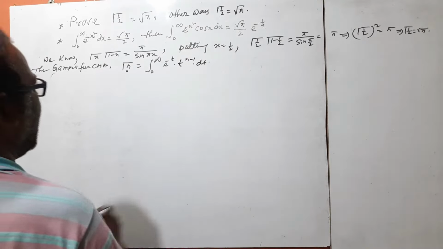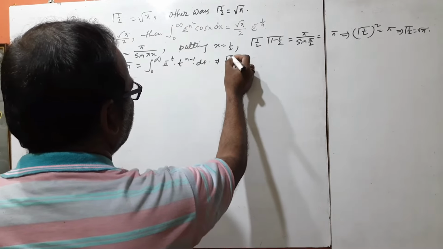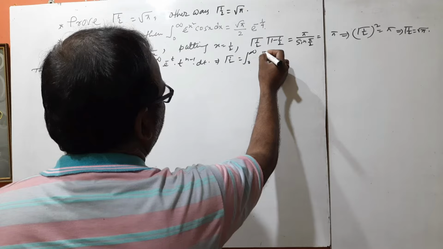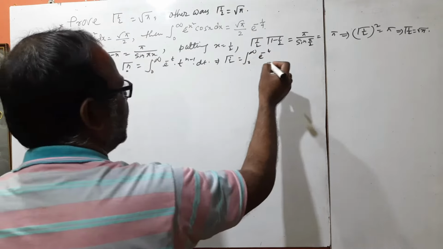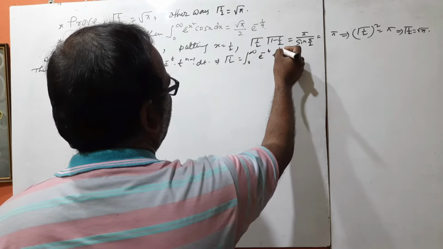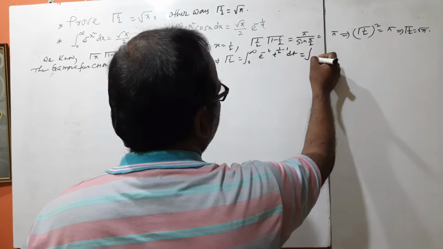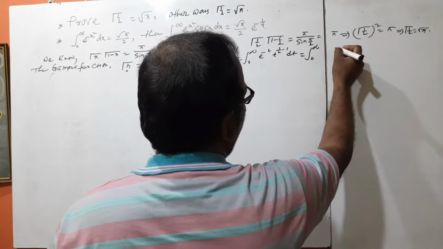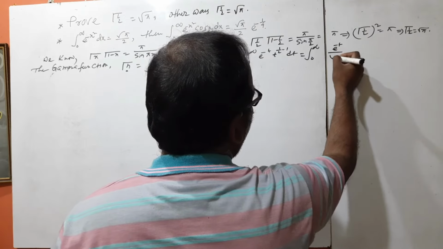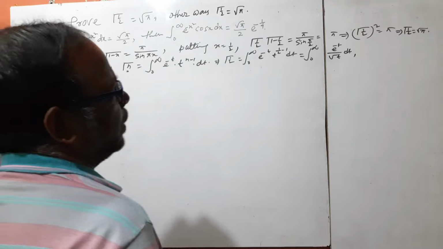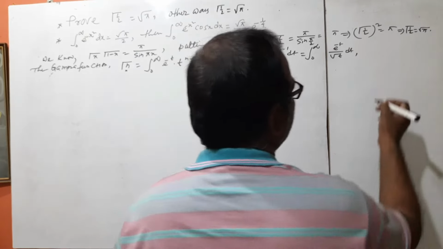I want to get half here, so that's why it is gamma half. This is the integral from 0 to infinity of e to the power minus t, t to the power half minus 1 dt, and that is equal to the integral from 0 to infinity of e to the power minus t over root t dt. Okay, now put here